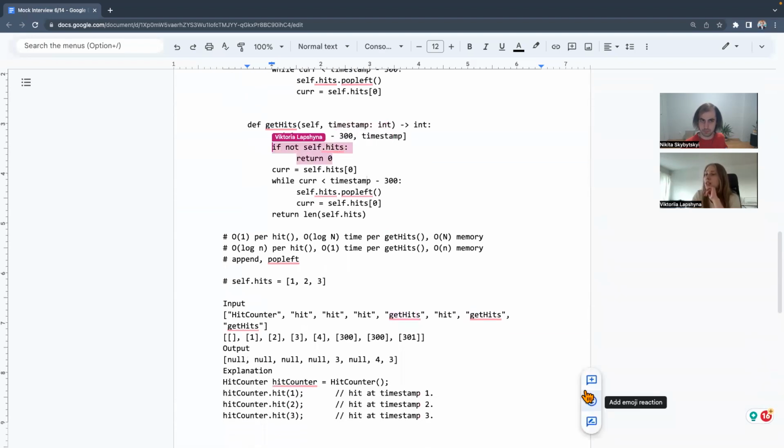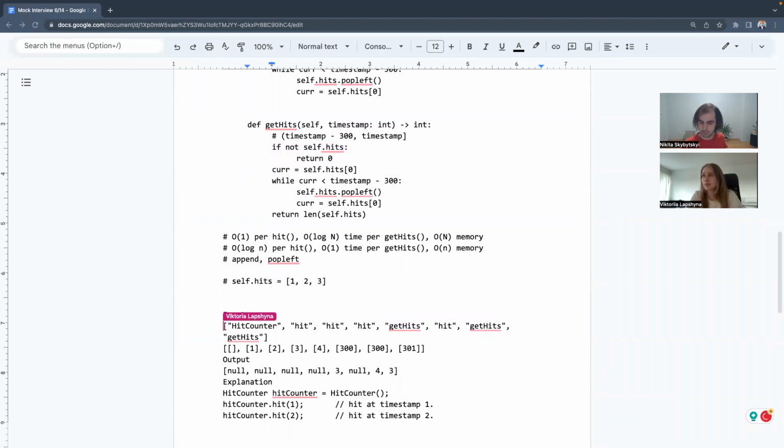So now we are in this function. First of all, we check our array exists. The current element is 1. Wait, it has to be larger. No, why? No, okay, that was correct. So 1 is not smaller, so we just ignore this while loop.